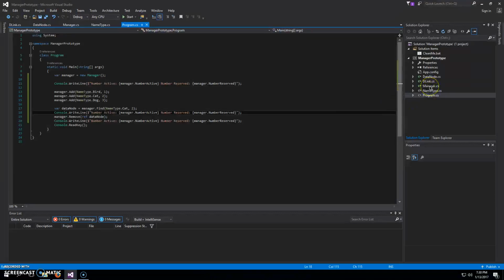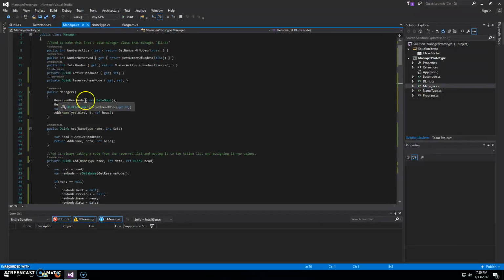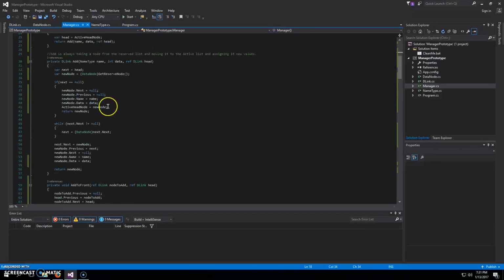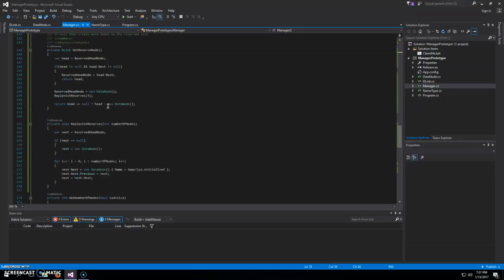And so then most of my code is in the manager in terms of add or move. I start out the manager by creating a new reserved head node, and then I add reserves. So if I go down to my wonderful private method,